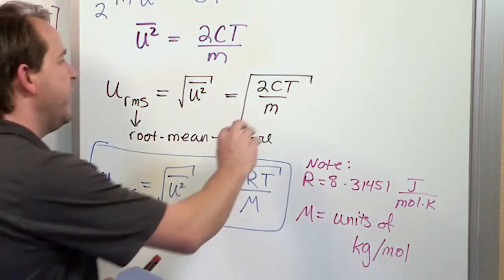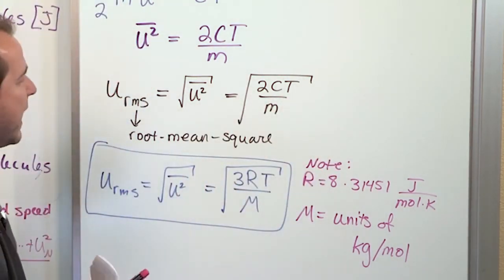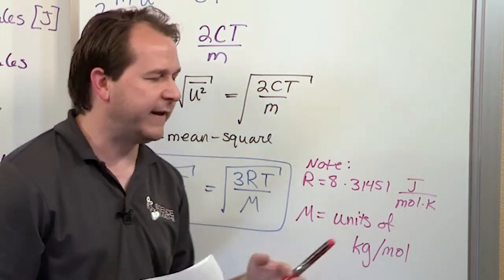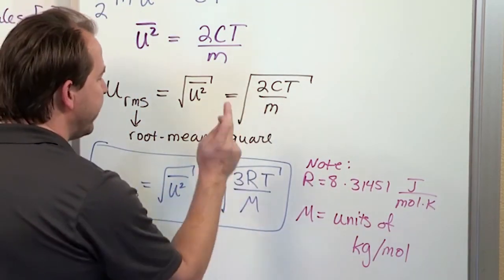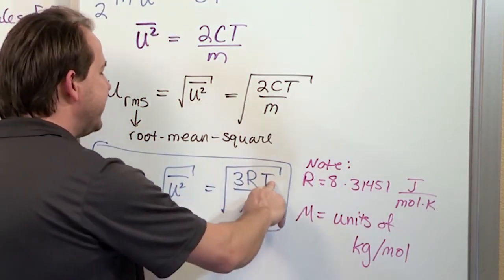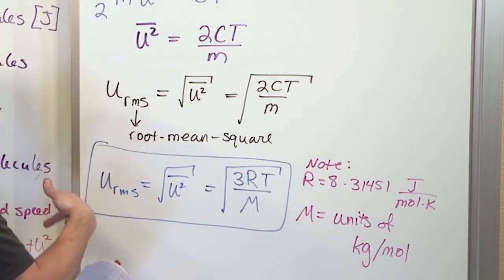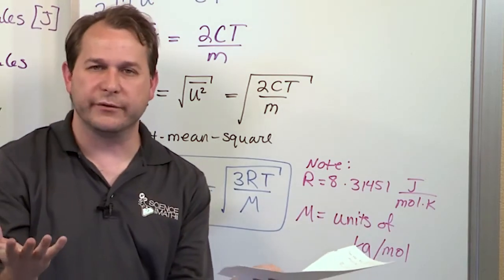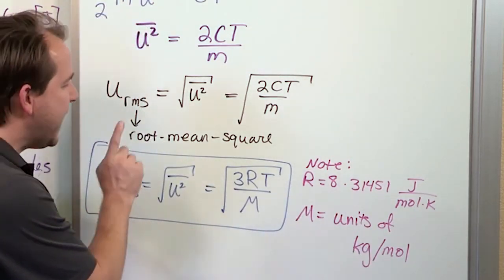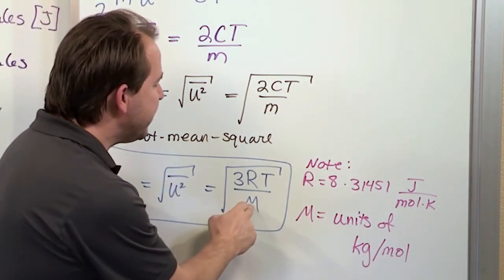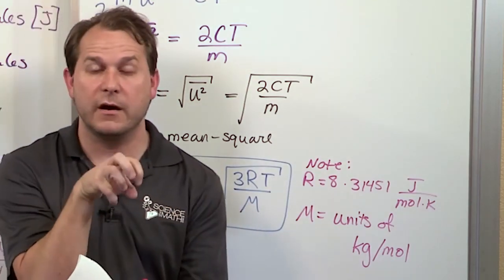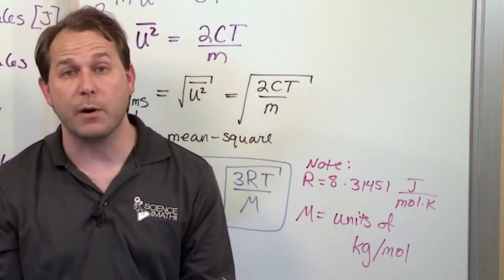I know that there's a very big leap of faith going from here to here. I do not expect you to totally understand that, but you should still see that the important thing here is that as you increase the gas temperature, the RMS speed, which is kind of a representative speed of the molecules in the gas, goes up. And the other important thing is if you increase the mass of the molecule, which is the same as increasing the molar mass,